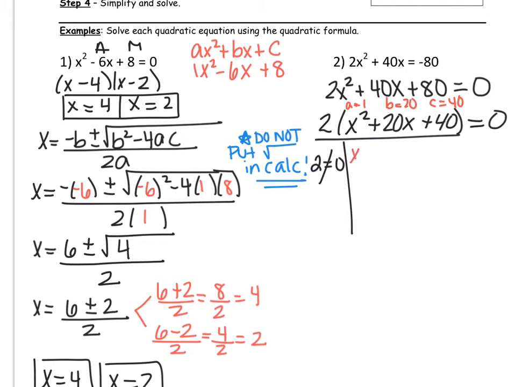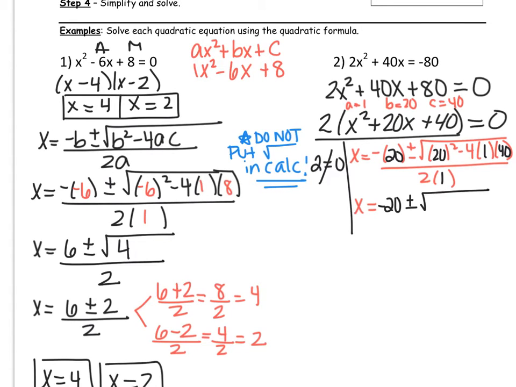Okay, so x equals negative something, plus or minus, square root of b squared minus 4ac all over 2a. Again, placeholders. So x equals. So what is my a, b, and c? So again, it goes negative b, so that's 20, b squared, 4ac, all over 2a. So negative 20 is simply negative 20, plus or minus the square root of something over